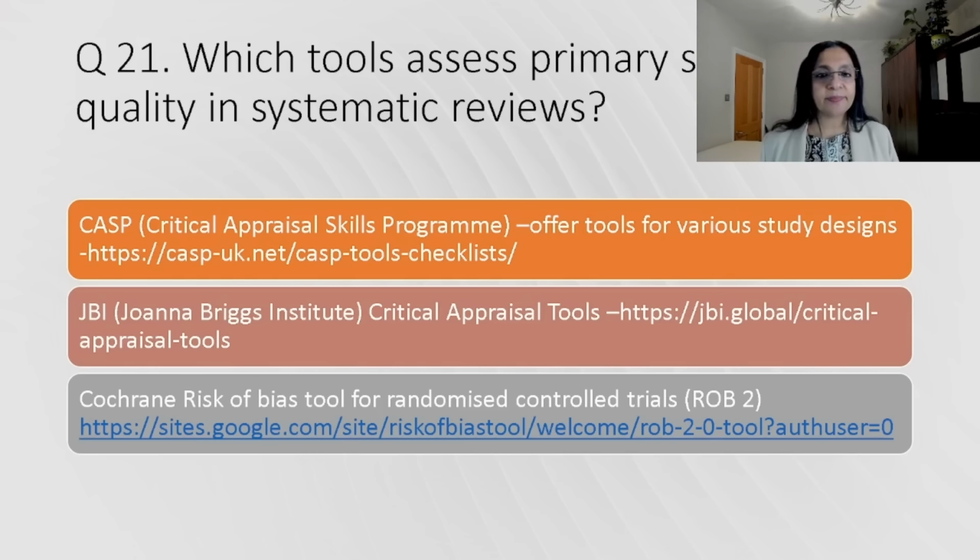Then we have the Cochrane risk of bias tool for randomized controlled trials. The earlier version was the ROB tool, and now the second version is called ROB 2. That is available from the Cochrane ROB 2 website, which contains detailed guidance. There is a crib sheet to help in the assessment process, and also there are templates provided, there are webinars, there is a full guidance document, and various other resources on the Cochrane ROB 2 web page.